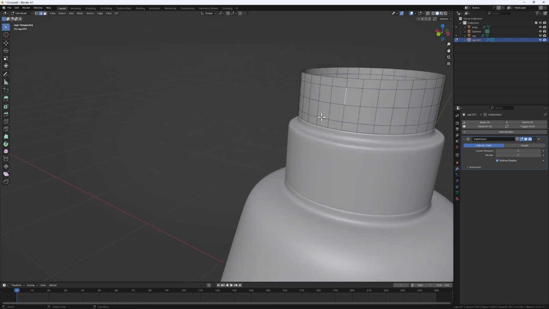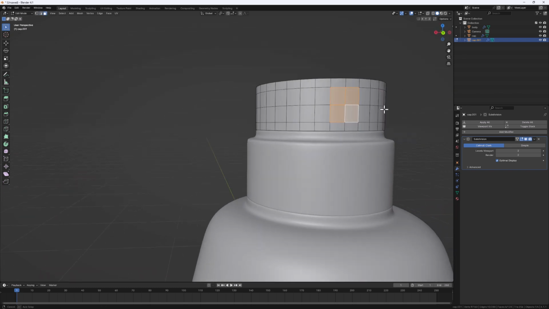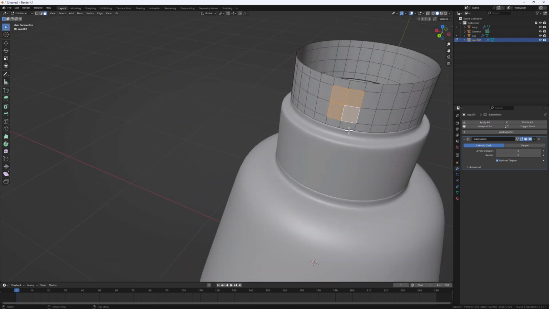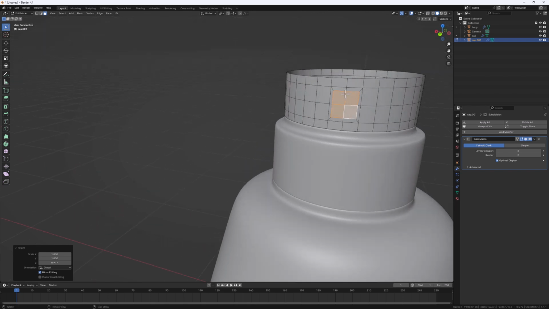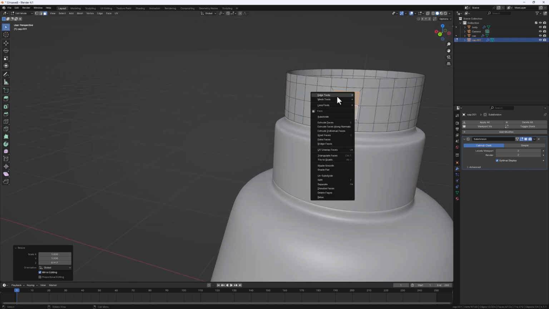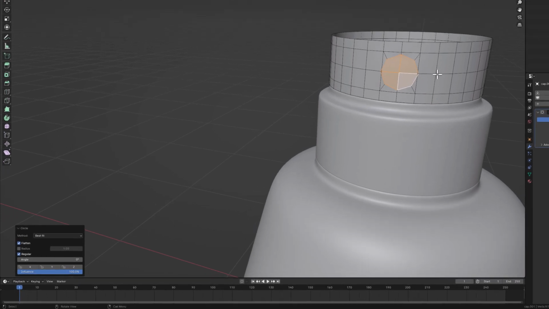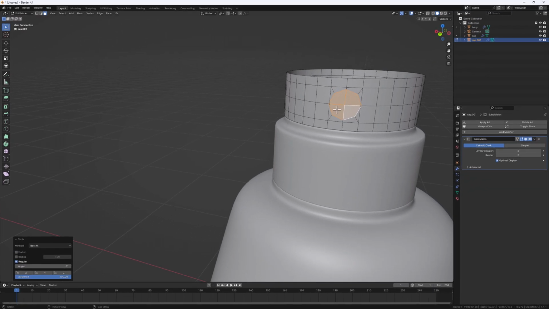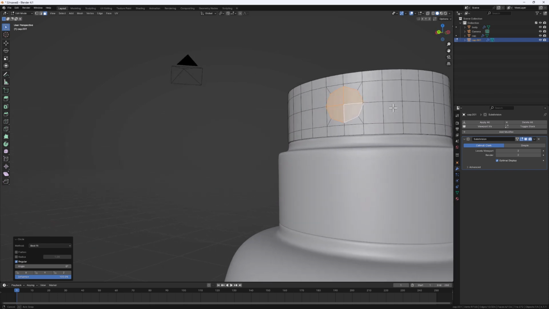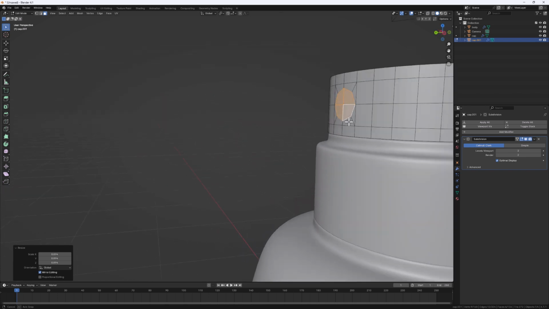So once we select this, we can hit 3 and then select these 3 faces like this, and then we can do I to insert. First we insert, then maybe we can scale it up like this to make sure they are uniformly scaled. Then right click, loop tools, and then we can do circle to create a circle. So let's pop this menu up, and then let's make sure we uncheck flatten so that it's not flattened, so that it follows the curvature as we want. Then we can do S to scale it inside a bit like this,